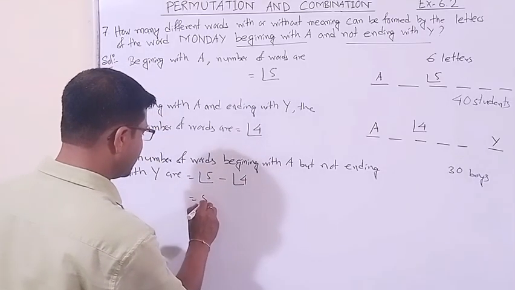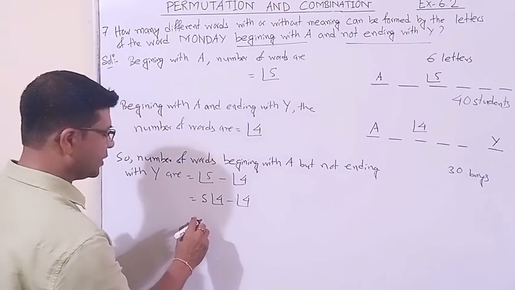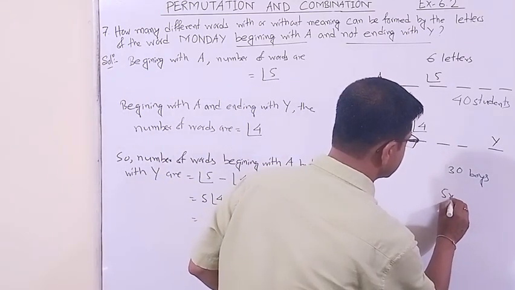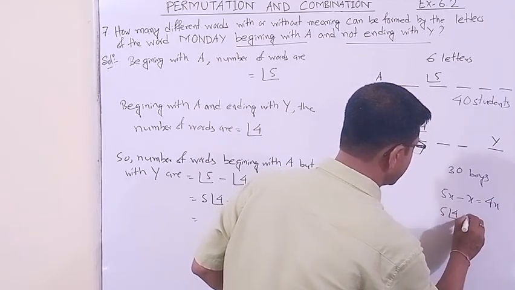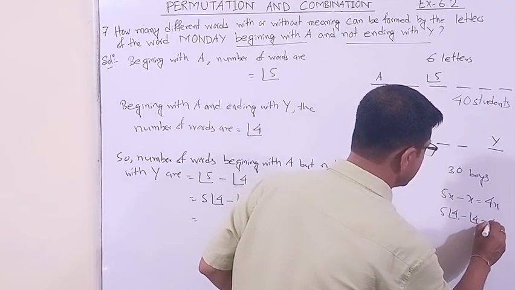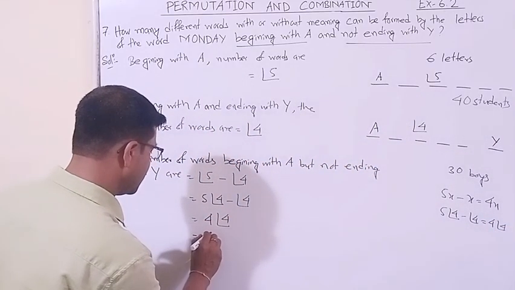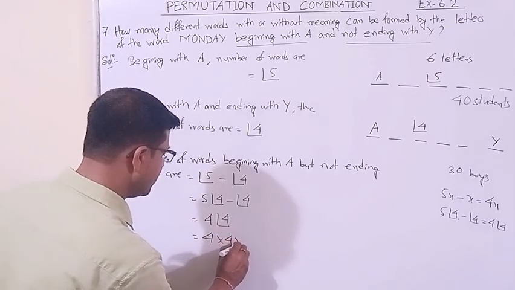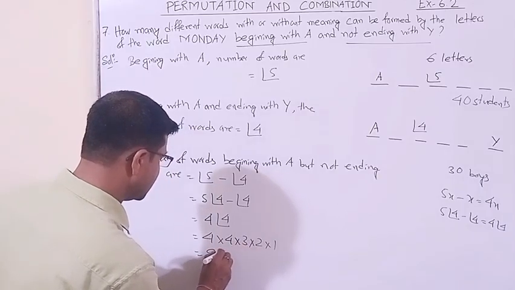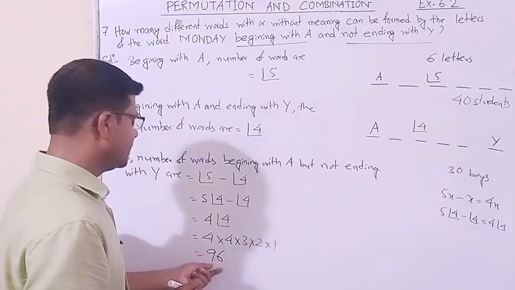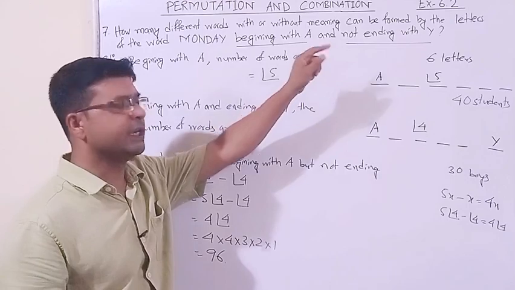So this can be written as 5 into factorial 4 minus factorial 4. Okay, this is like 5x minus x. How much? 4x. 5 factorial 4 minus 1 factorial 4. What is the difference? 4 factorial 4. Let us expand it. Factorial 4 means 4 into 3 into 2 into 1, which is 24. 4 times 24 is 96. So there are 96 words which will begin with A but will not end with Y. Okay,